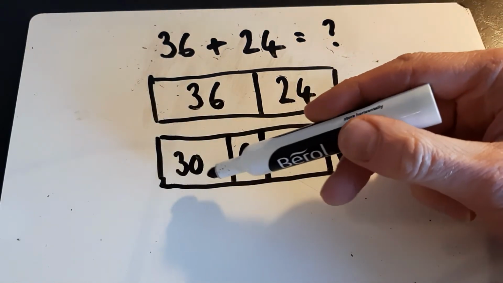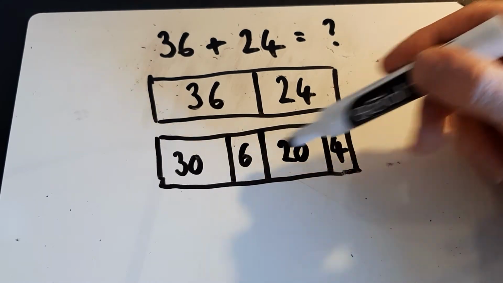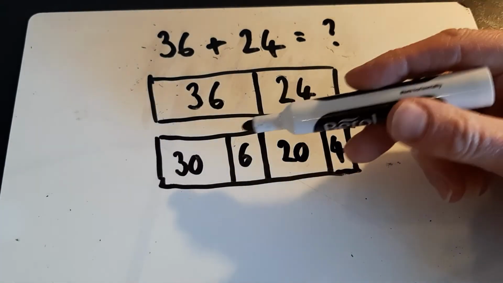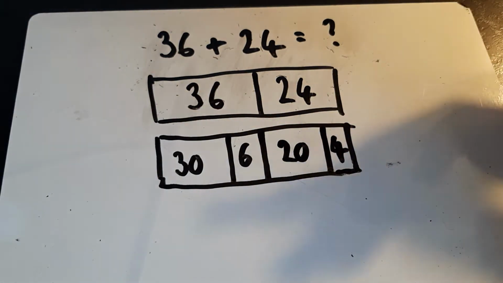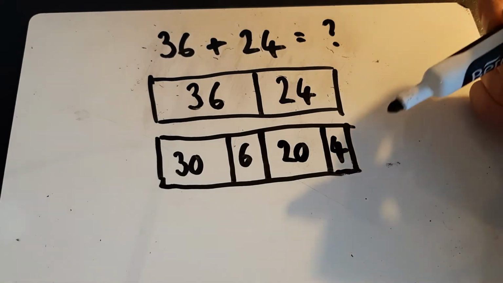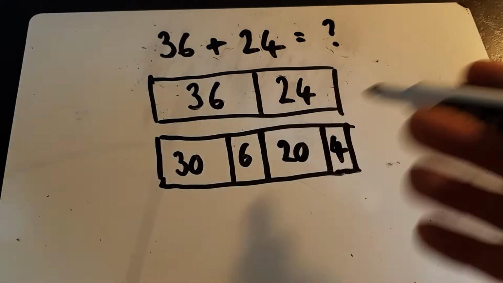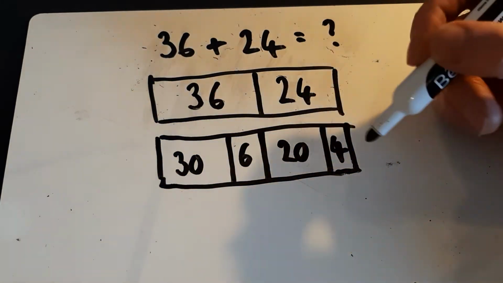Again, it doesn't really matter about the accuracy of the bricks, as it were, or the parts of the bar. What is important is that you've split the number up correctly into its different parts, and this can help lead you towards a more formal method where you add the tens first, or the units or ones first, and then